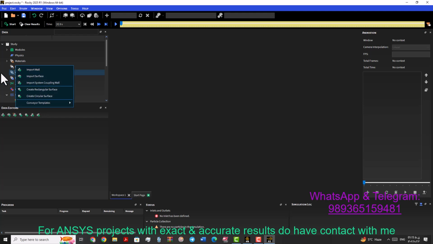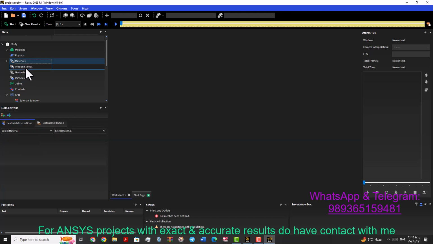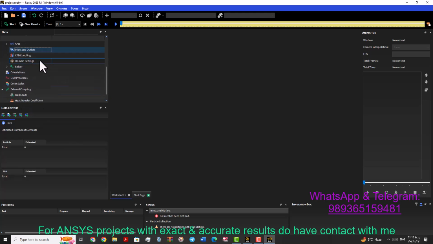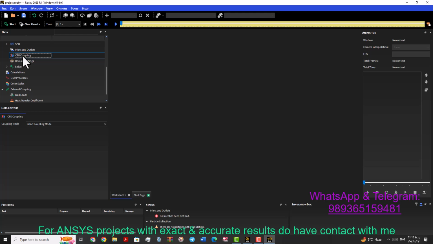So we come here and see that in this tree there are some items such as modules, physics, materials, motion frames, geometries, particles, joints, contacts, SPH, inlets and outlets, CFD, even CFD coupling, having some CFD approaches, and also coupling with Fluent or other CFD modules that ANSYS has,